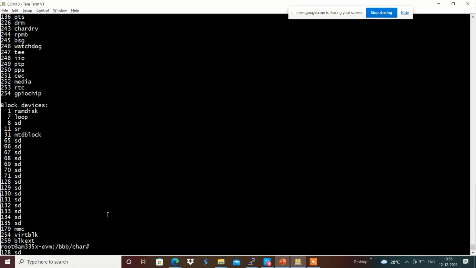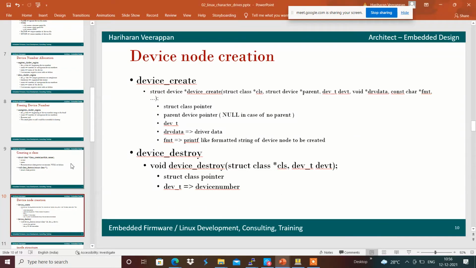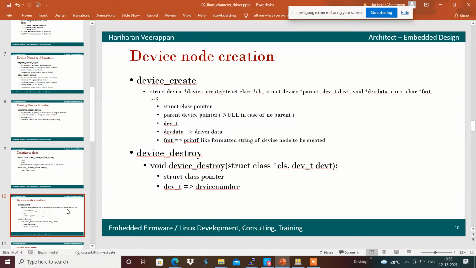Now we have created a mknod manually. If there is a kernel facility available to create it from the Linux kernel module, for that we have creating a class and creating that particular device node from the kernel module, that we will see over here.